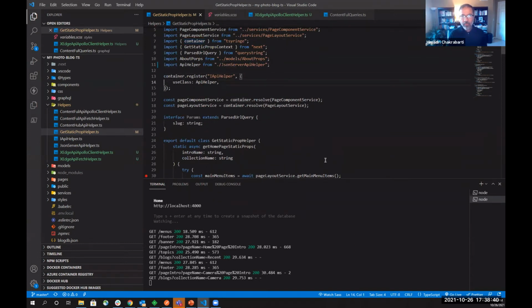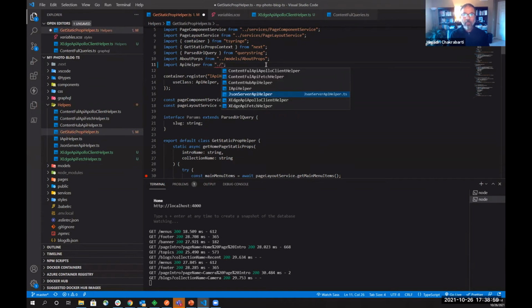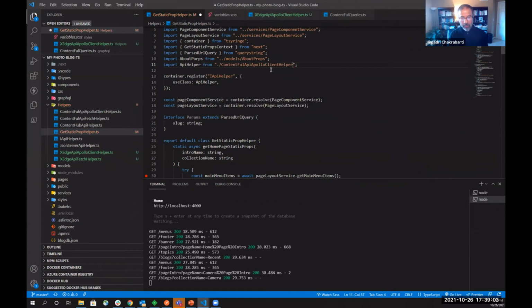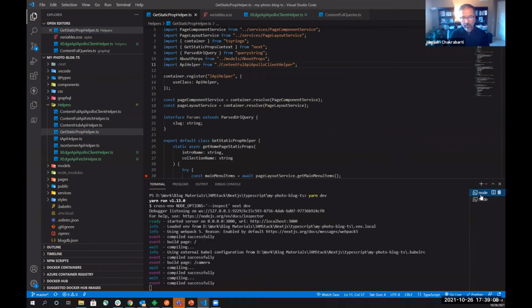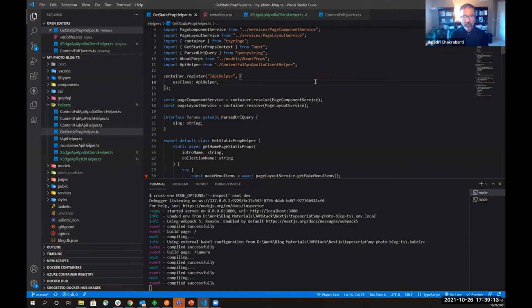my API helper? This registered the API helper, and right now I have the Json Server API helper here. If I change it to the Contentful Apollo client API helper, now it is going to switch to that. I don't know if this is still running or not. This is still running. So if I save it,